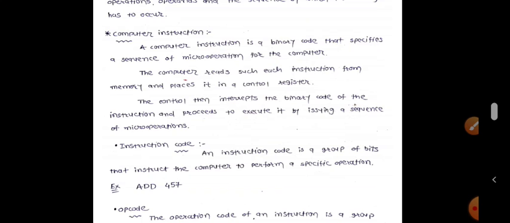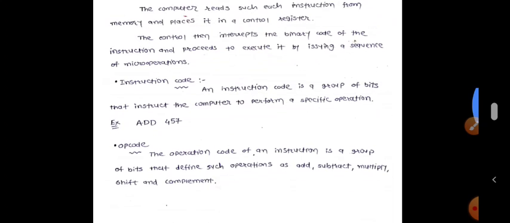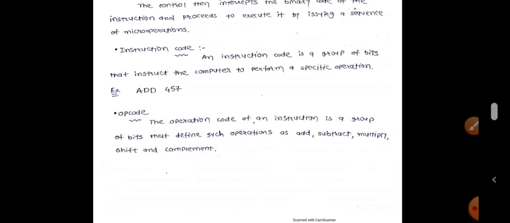So what is opcode? Operation code. The operation code of an instruction is a group of bits that define an operation such as addition, subtraction, multiplication, shift, complement, etc. This opcode is designated by a unique binary code, meaning any instruction has a unique binary code which cannot be changed.